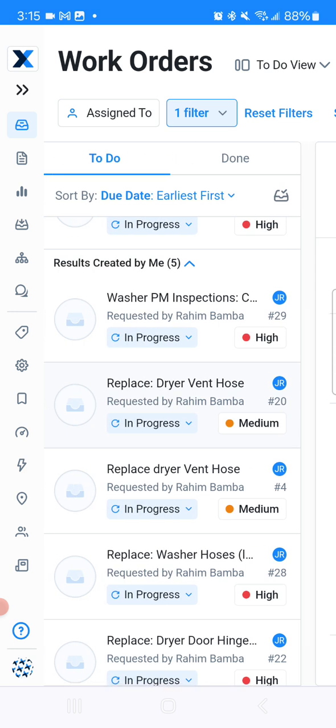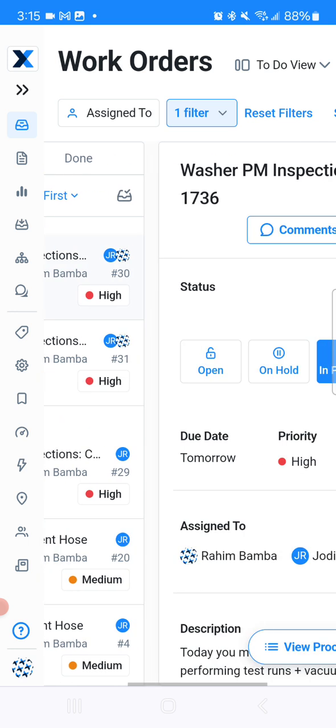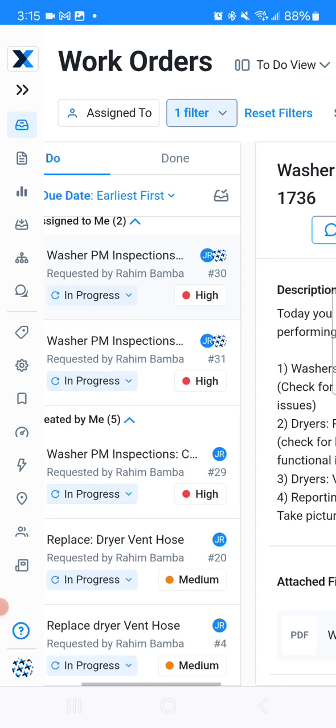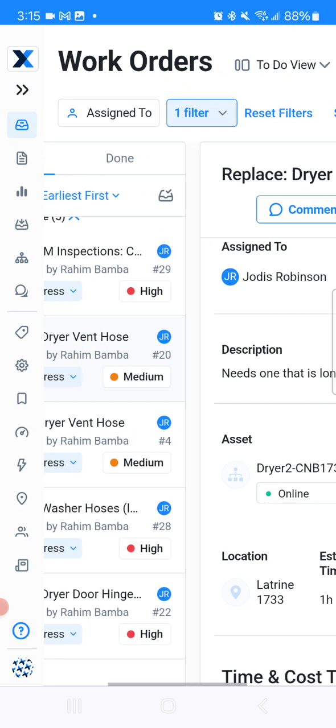So again, because these 3 are just preventative washer maintenance, you're just going to the building and checking all the washers. They don't have an asset assigned to them, right? There's no asset on this one. But if you go to any particular one where you're dealing with a specific dryer or a specific washer, a specific machine,